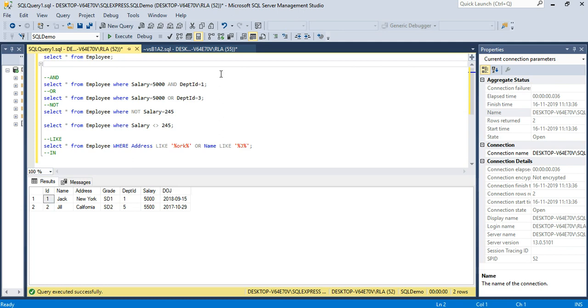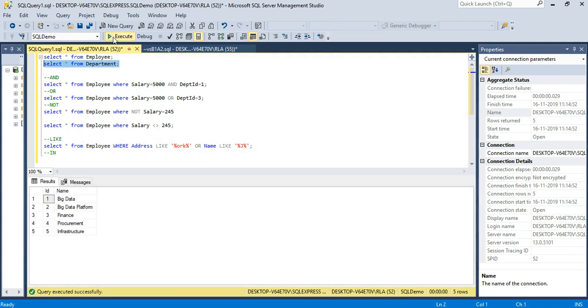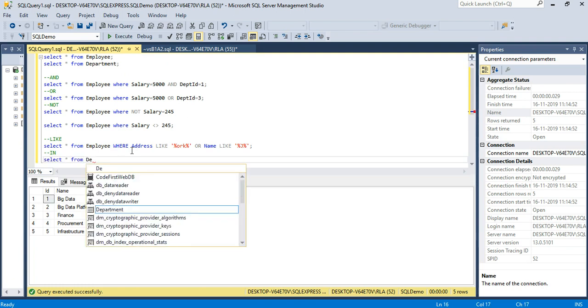So let us look at the IN keyword now. For that, we will fetch everything from department first. And here, if you want to select all those IDs where the name is either big data or finance, in this case, what we can do is select star from department